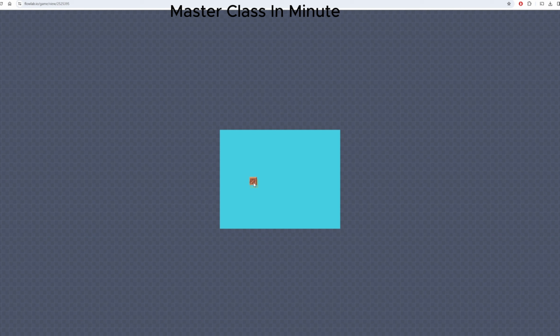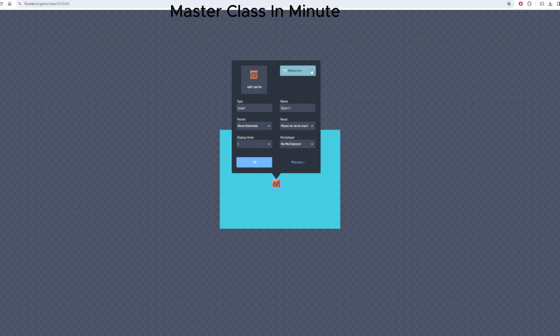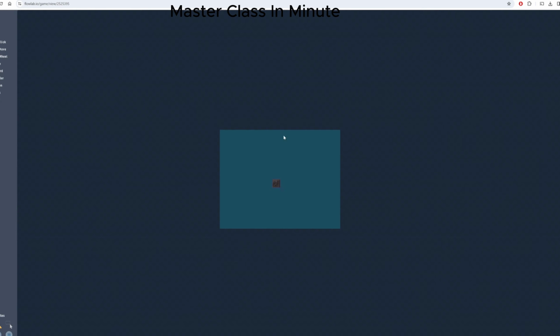Right, let's put some functionality into this game, okay? So we're going to click on your box. You're going to click on Edit, okay? Go to Behaviors. And then this is where all our functionality is. We've got triggers, we've got logic and math, components, properties, text and lists, GUI, game flow, mobile data, multiplayer, and